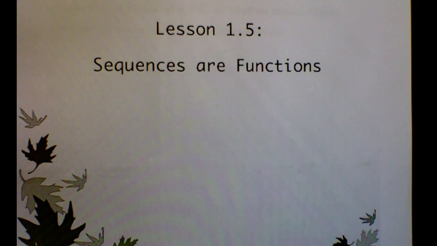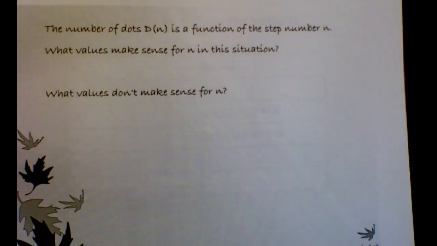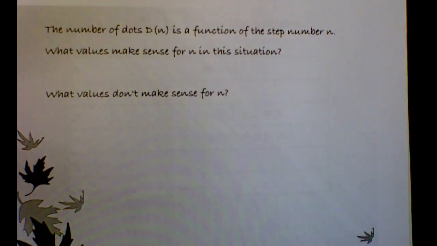Lesson 1.5 is all about how sequences are functions. So the number of dots, d of n, is a function of the step number n. What values make sense for this situation? Well, if we're talking about those dots that I just showed you on the warm-up, n values that make sense,